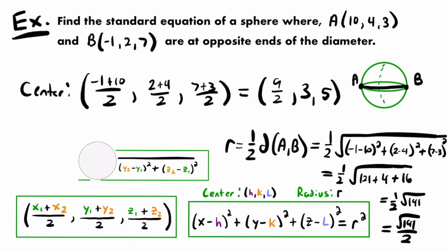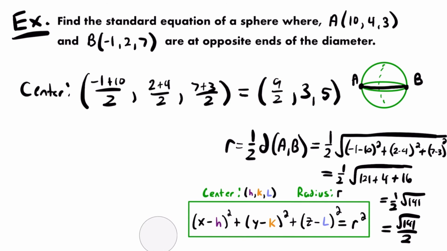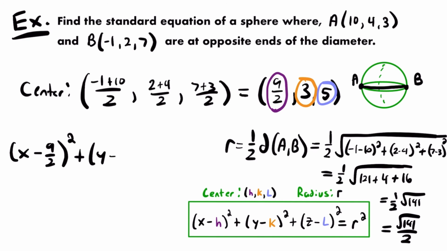And so if I remove these two formulas here, we can set up the standard equation of this sphere where these two points are at opposite ends of the diameter. Because 9/2 is our value of h, it's the x-coordinate of the center point of the sphere. 3 is our value of k, it's the y-coordinate of the center. And 5 is l, the z-coordinate of the center. So here's what we'll have. We'll have x minus 9/2, squared, plus y minus 3, squared, plus z minus 5 squared,